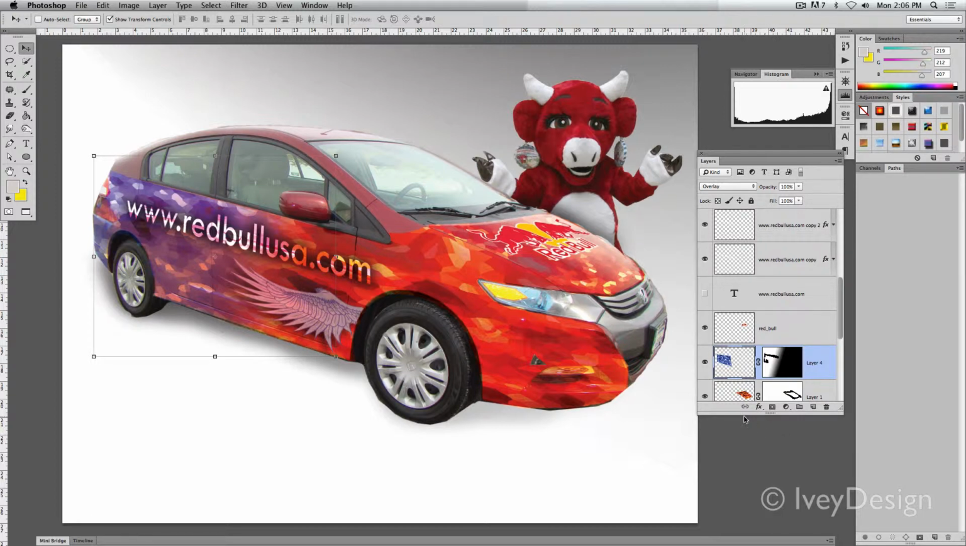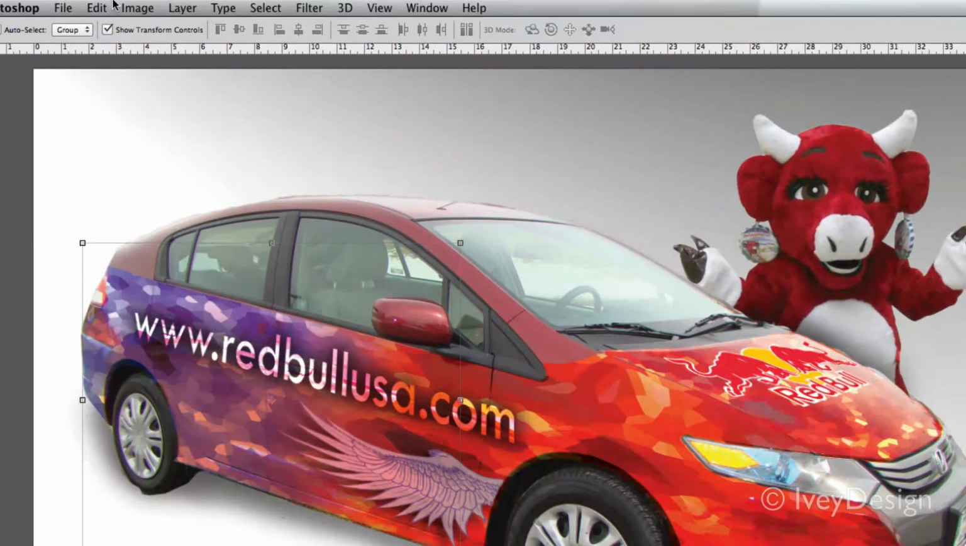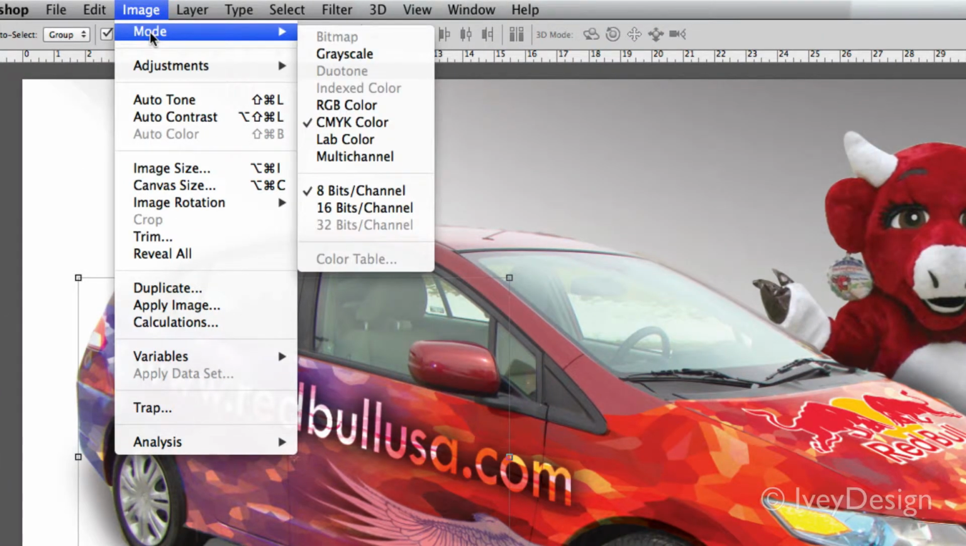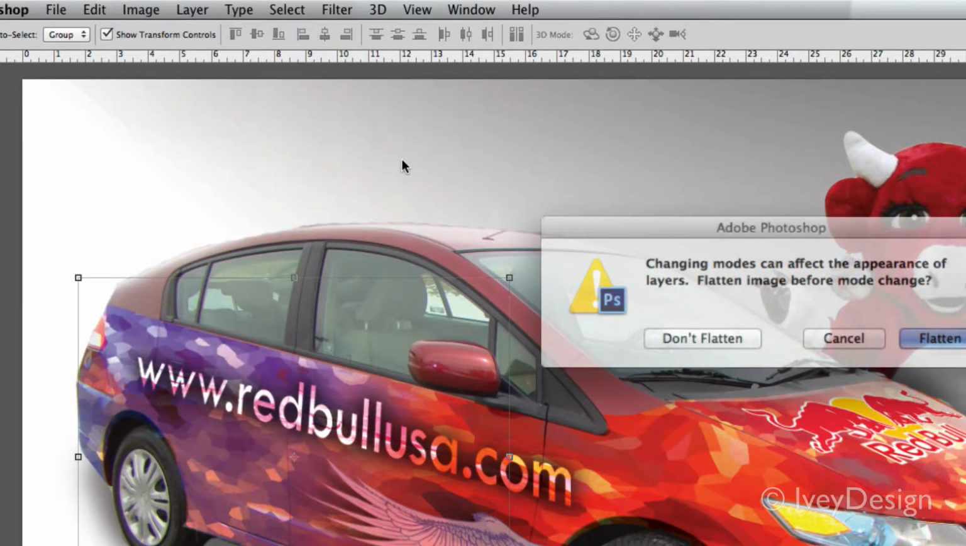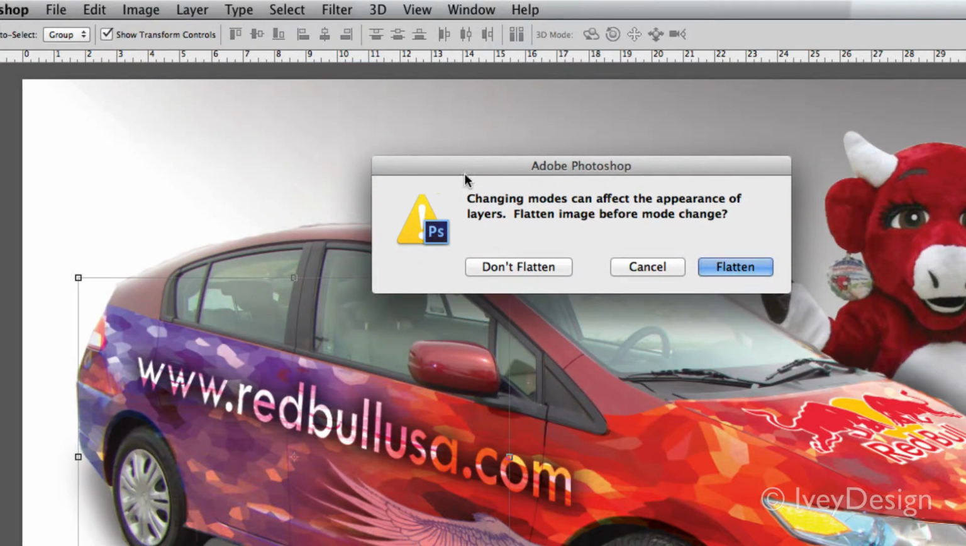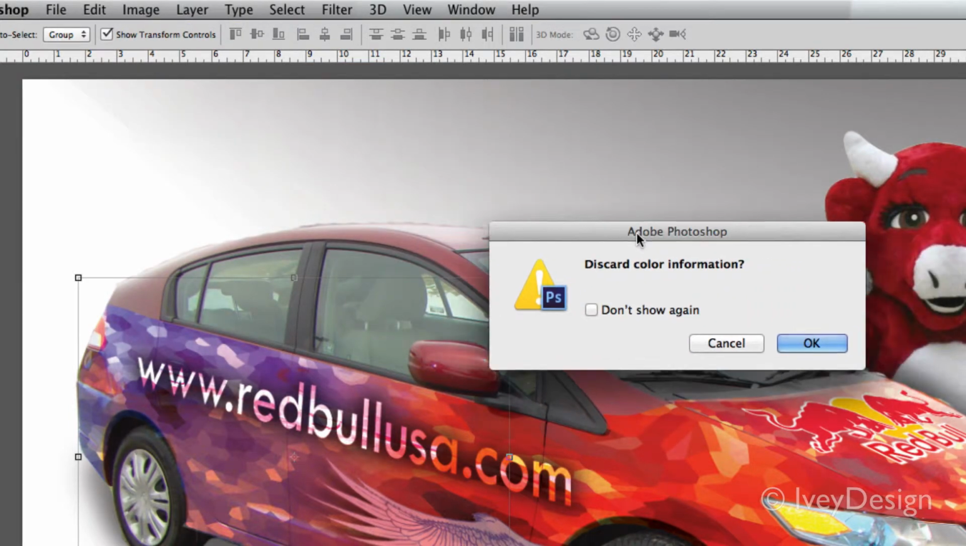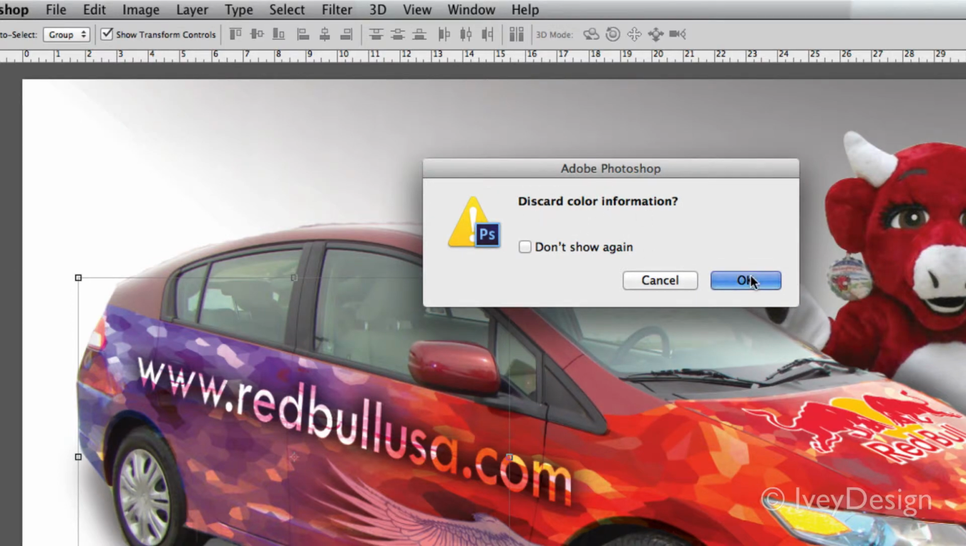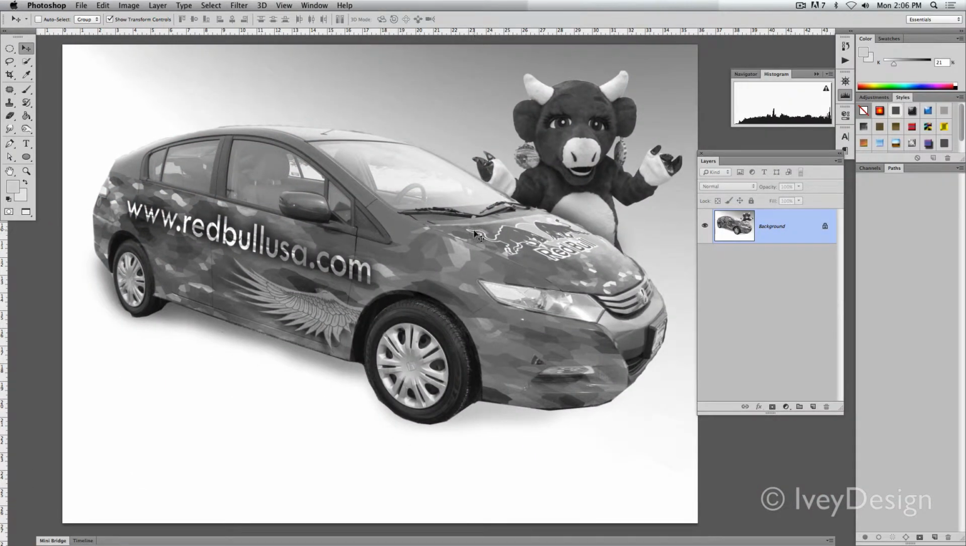If you need to convert an image to grayscale, only using black and white images, the final thing to choose is under Mode and choose Grayscale. It'll ask you, do you want to flatten it or not? And the second dialog box will ask you to discard the color. We'll say OK. And in this case, all the color has been discarded and you're only working in black and